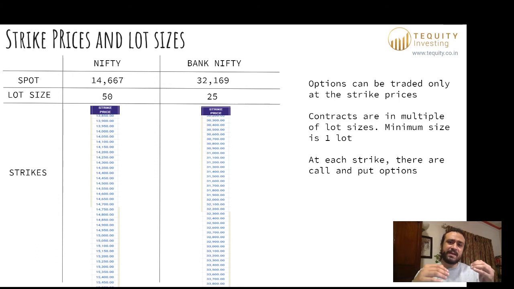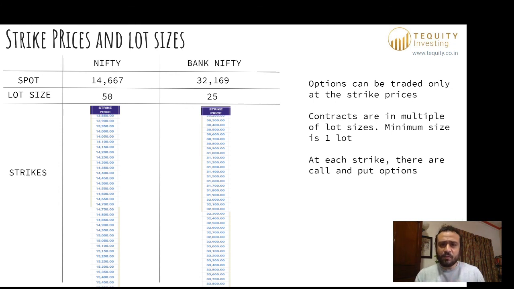For example, if the price of an asset falls a lot, for example, ITC has fallen from 300, 350 levels to 200 levels, so NSE has increased the lot size, because lot size into the price should remain somewhere between that range. Nifty is reducing from 75 to 50 lot size because Nifty has really gone up. So that is the entire idea.